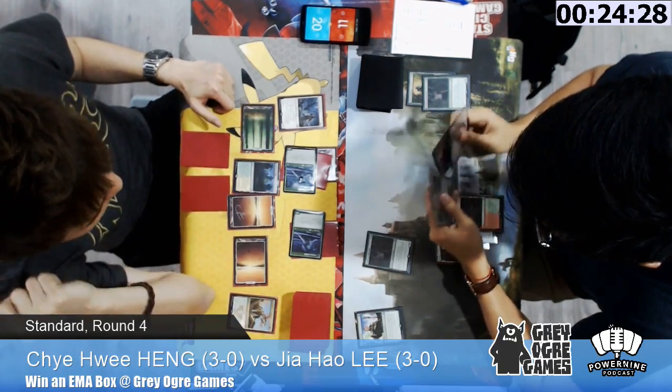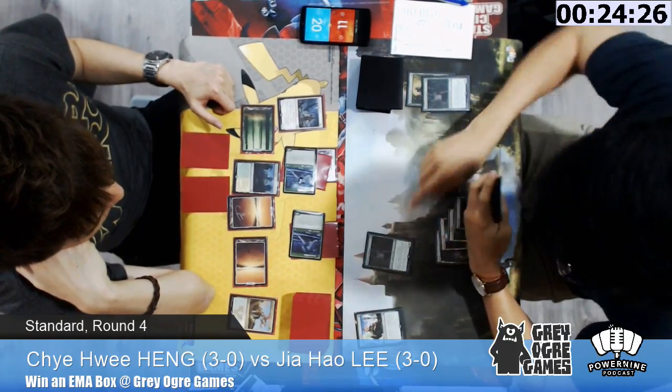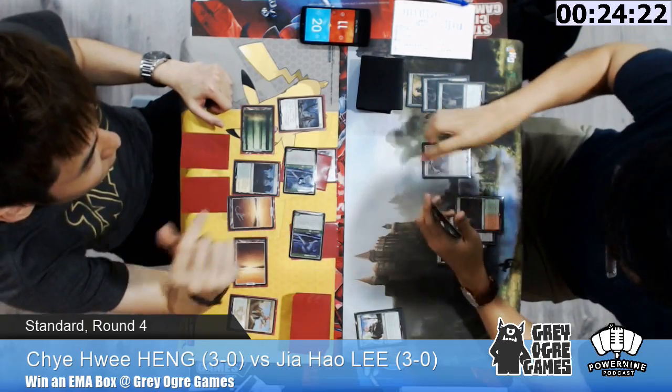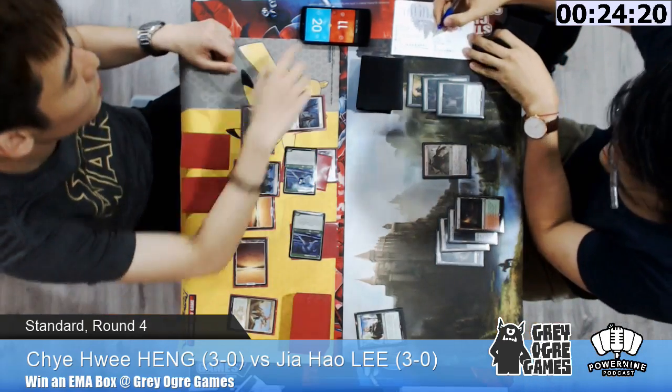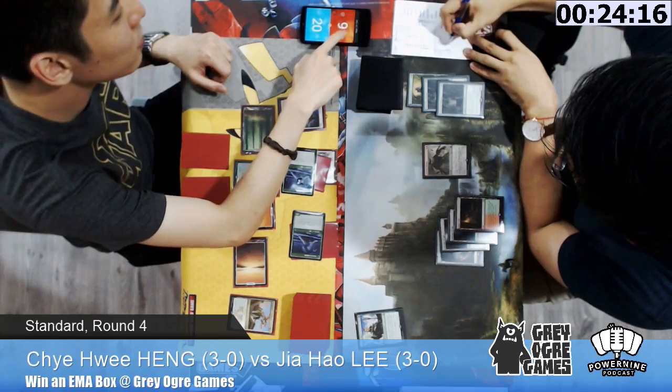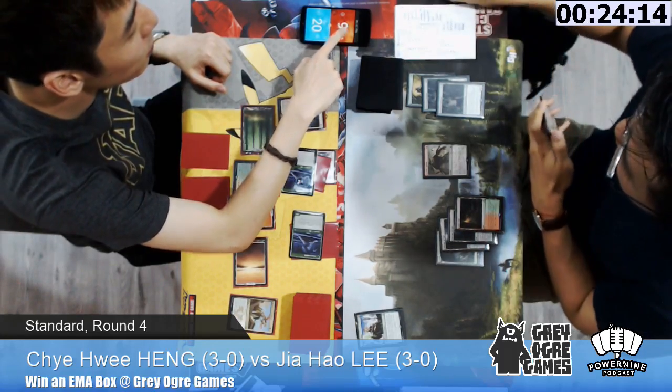Alright, so Jiahao is thinking very hard. I'm not sure what he could have. Collect the company. Alright, so he's going to deal 2 damage to that Lamphold Pacifist, and yeah, at the end step,